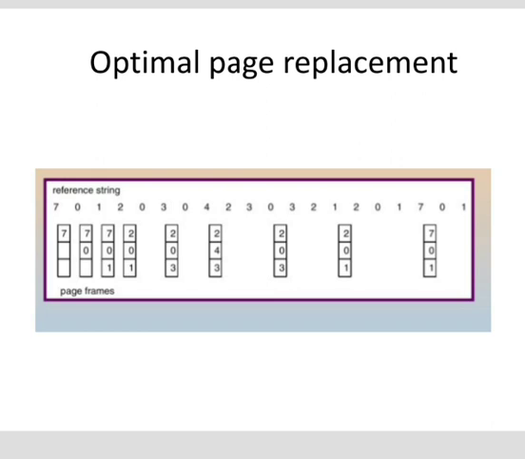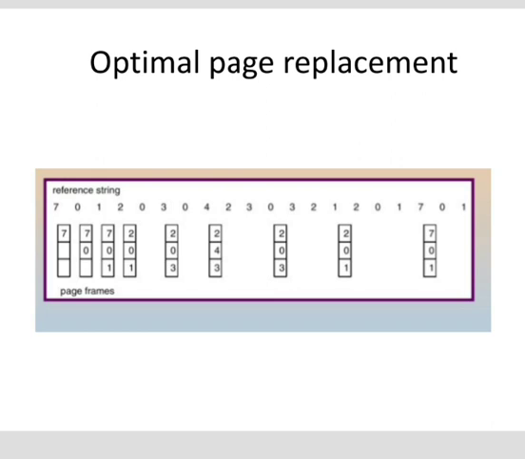When a process is started up, both page bits of all its pages are set to 0. Periodically, the R bit is cleared to distinguish the pages that have not been referenced recently from those that have been. When a page fault occurs, a page from the lowest numbered non-empty class is replaced. Then the pages are classified on the current values of their R and M bits. Class 0 is not referenced, not modified. Class 1 is not referenced, modified. Class 2 is referenced and not modified. And class 3 is referenced and modified.